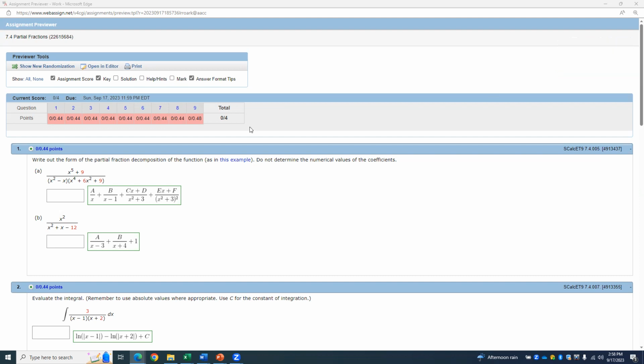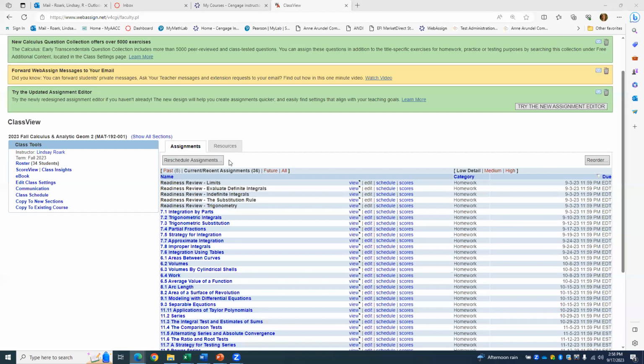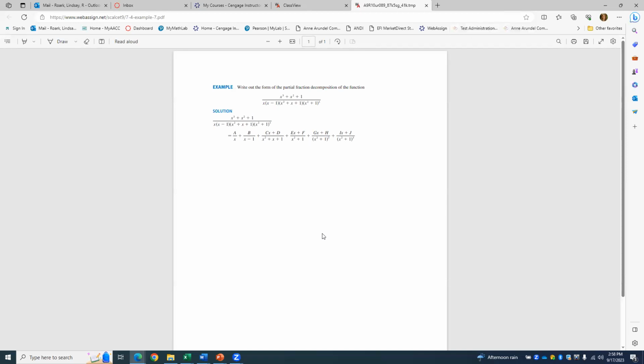So this is question number 1 from the 7.4 homework. And all you need to do in this first part is just write out the form of the partial fraction decomposition of the function as seen in, quote, this example. And then they have this example that shows how they took the original expression, which was x cubed plus x squared plus 1 in the numerator, divided by x times x minus 1 times x squared plus 1 times x squared plus 1 to the third,